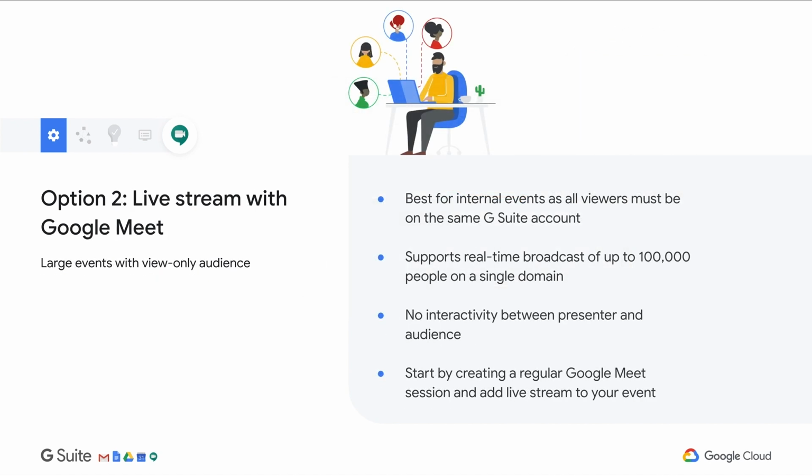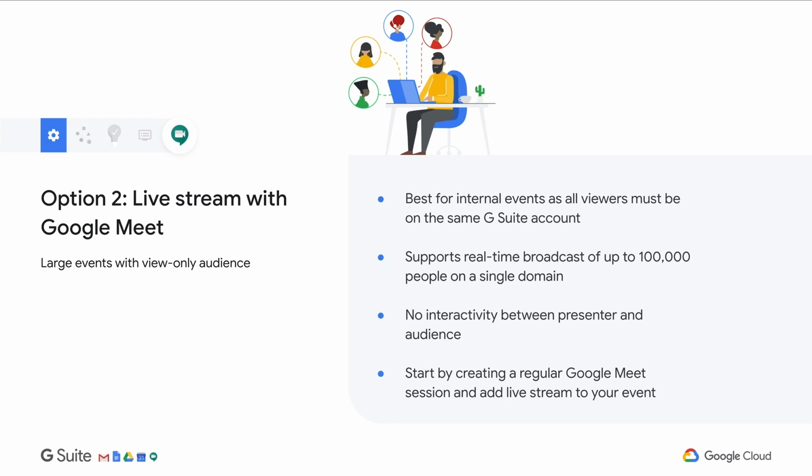Next is live streaming with Google Meet. This is more targeted for larger events with view-only audiences. This is best for internal events, as all viewers must be on the same G Suite account. It supports real-time broadcasts up to 100,000 users as long as they're on the same single domain. There is no interactivity between presenters and audience. Start by creating a regular Google Meet session and adding live stream as